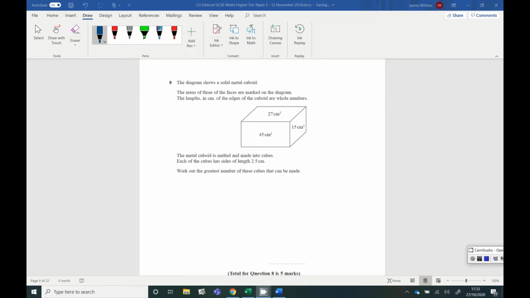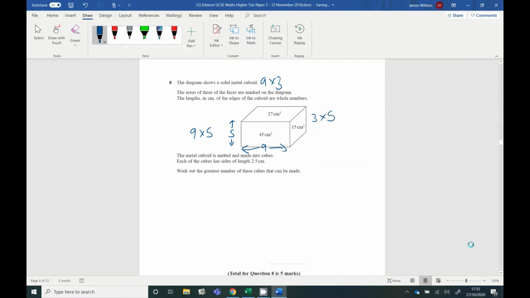Question 8. Well, we're going to need to work out what the volume of this cuboid is. So in order to do that, we're going to need to know all the lengths. So let's think about the 3 areas that we were given. This area 45 could be 9 by 5, 9 5s are 45. This 15 could be 3 by 5, and this 27 could be 9 by 3. And that all ties in because we've got the 3, 5 and 9 cropping up all over the place. So it looks like the base of this is 9, the height of this is 5, and the depth of